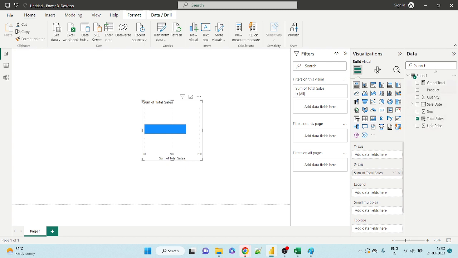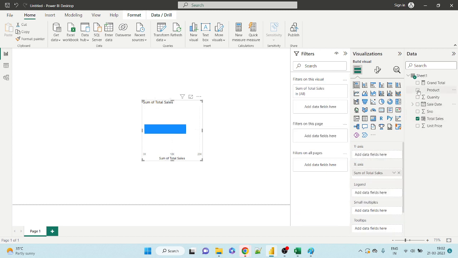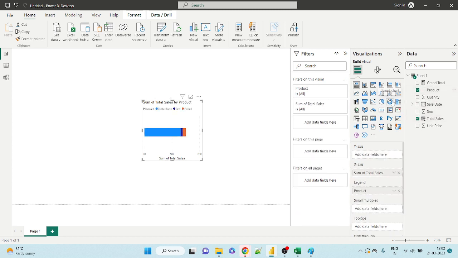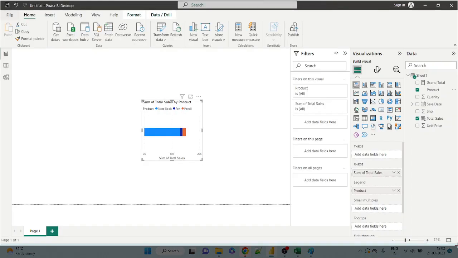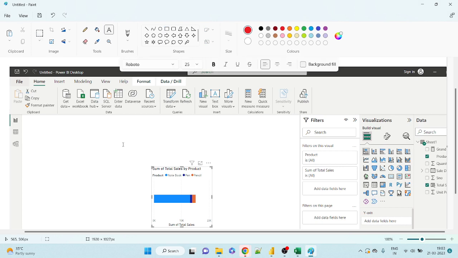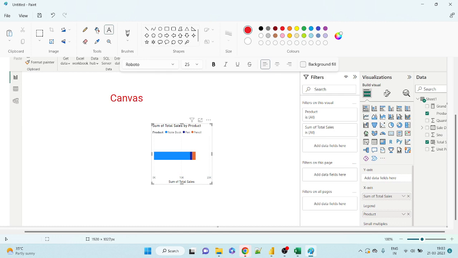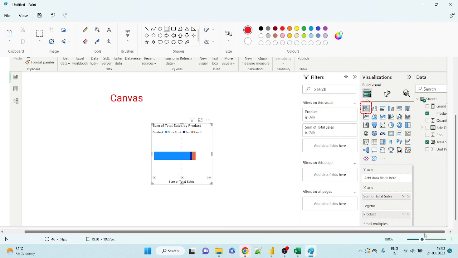And total sales I want to see on a date basis. Instead of date, I'll go for product. Product wise total sales. Okay. So here this is called canvas, and this particular visual is the resultant of our visual as well as